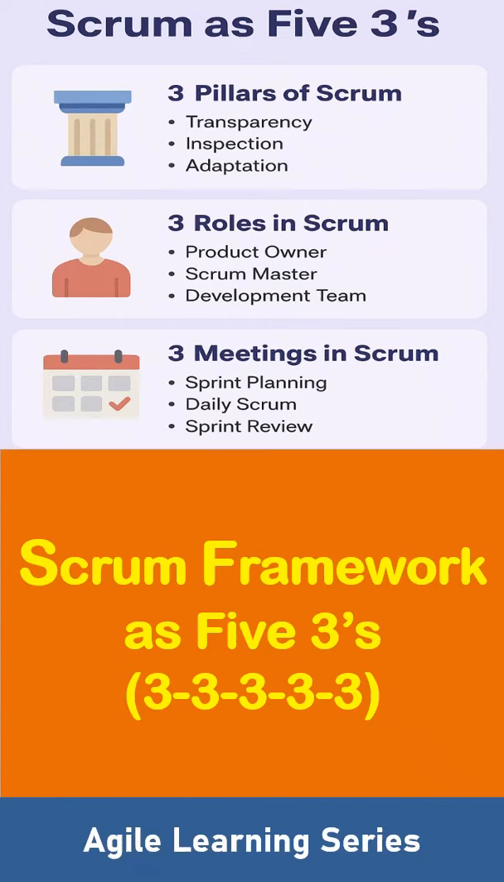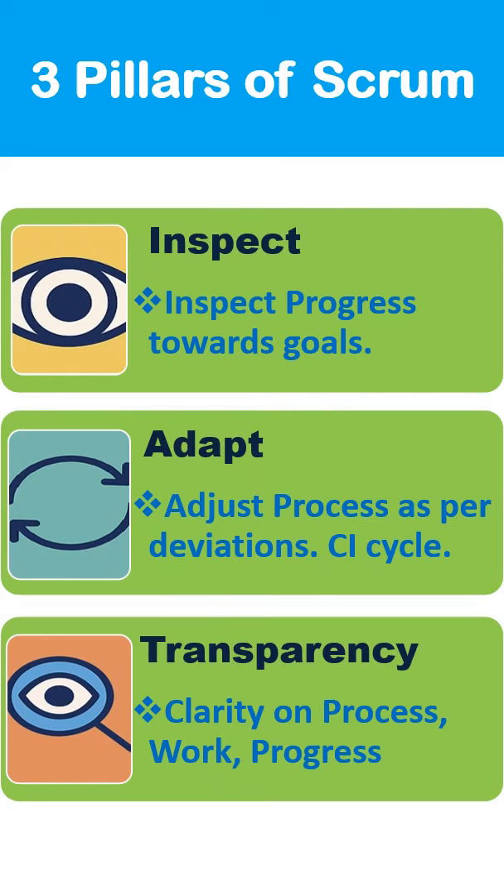Hi all. So we will understand how we can define and use Scrum framework as a combination of five threes. Three, and three. So the five threes of a Scrum framework. So what are those five threes? So let us understand. So first three we can define as the pillars or the foundations of Scrum, where the